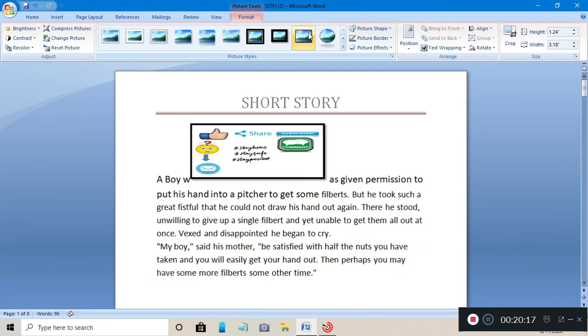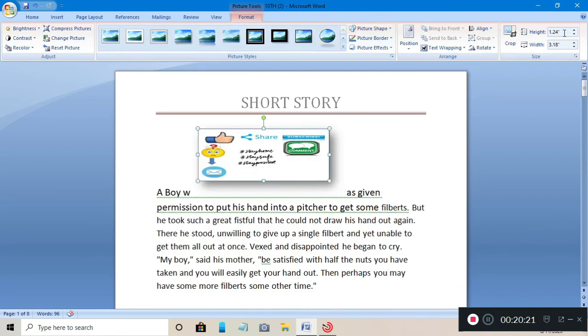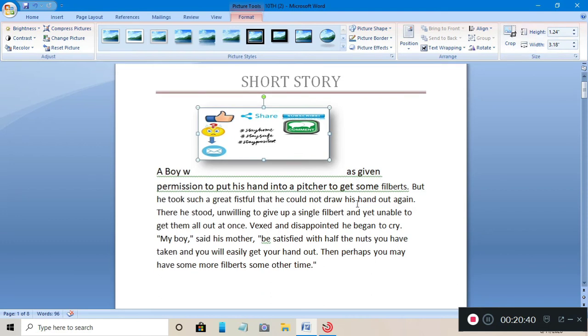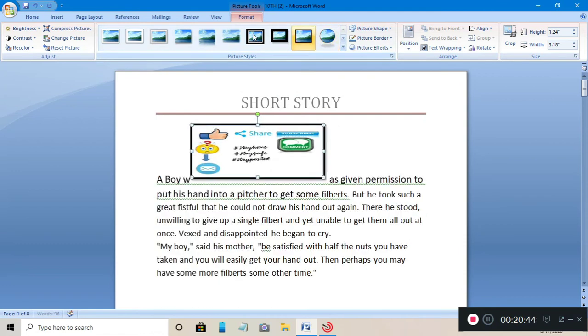There are so many examples and samples, and all these tools available here in the Ribbon are inbuilt. Inbuilt means they were already made when the software was installed on our desktop. So this way we can change the style of our graphical object.